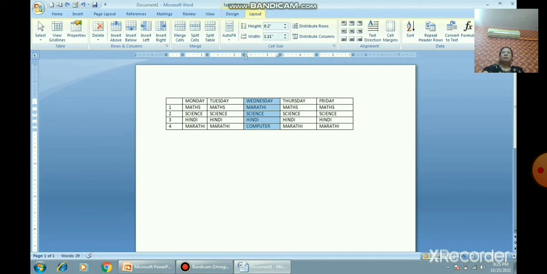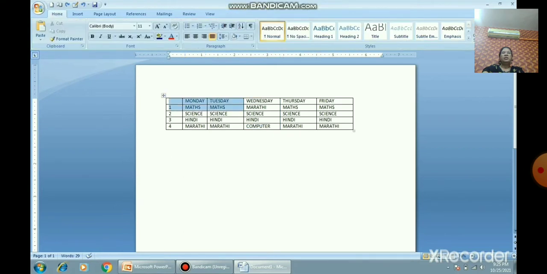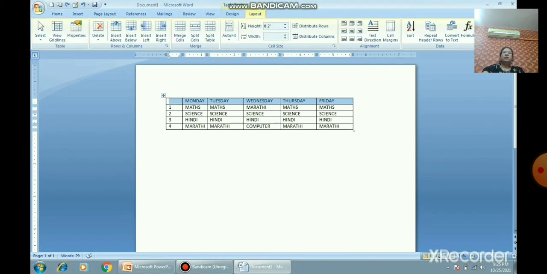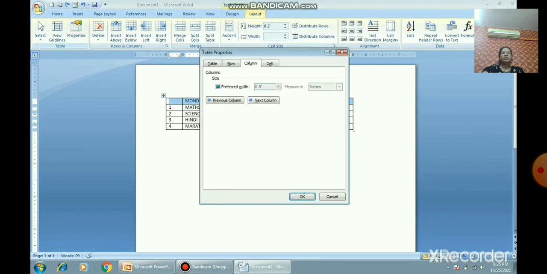So in the table properties, when you select the column whose width you want to change, the first step is to select the column whose width you want to change, click on the layout tab and select the properties button in the table group. And there you have to select columns or rows.